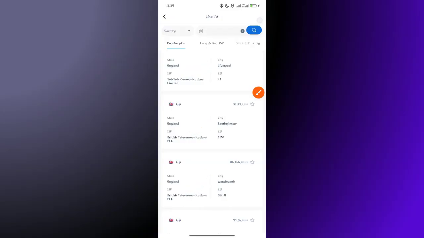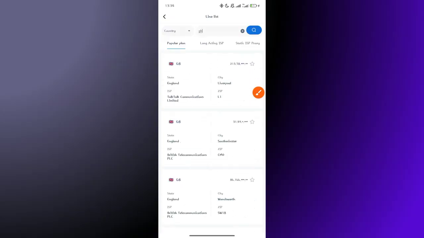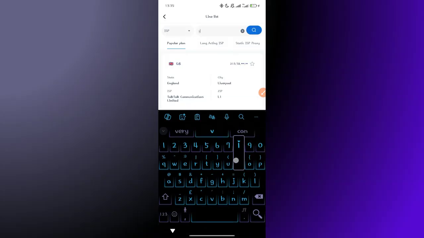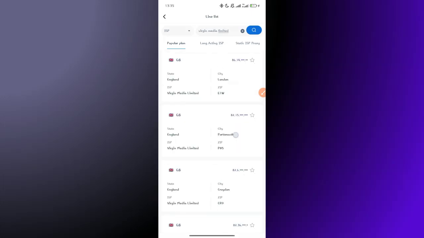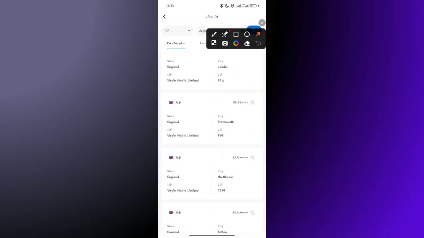So you can actually look for it. Okay, it's Virgin Media Limited. Just remember, make sure you write it in full: Virgin Media Limited. Then you search. That's when you see all the IPs are from Virgin Media. You understand? So if you want it, it is